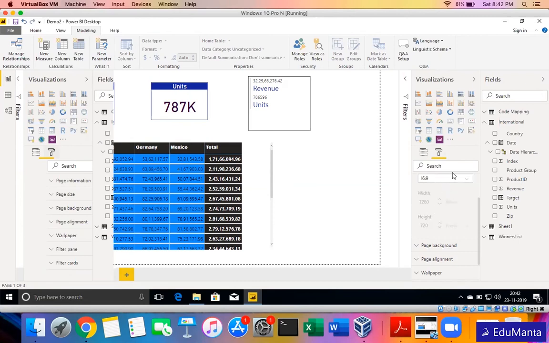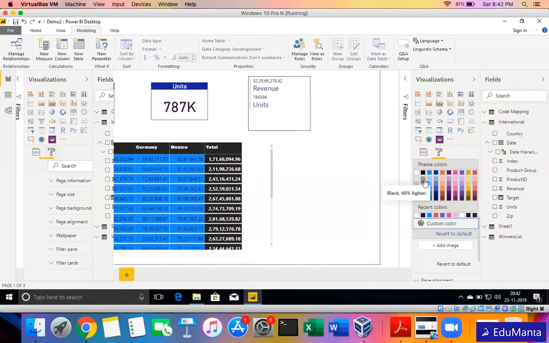And if you want a custom size, you can just click on custom and specify the height and width in pixels. For page background, again, I don't like a default white background. I can change it to any color depending on my requirement.